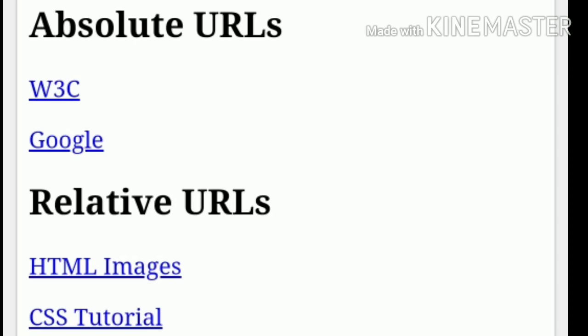Similarly, you can open Google, and that will also open.